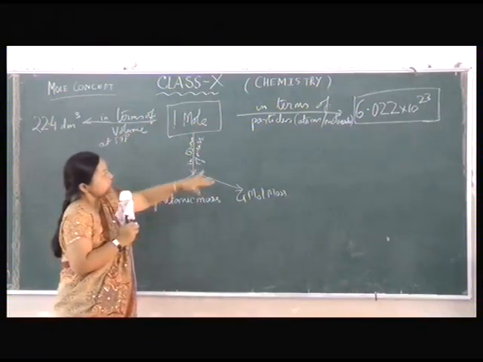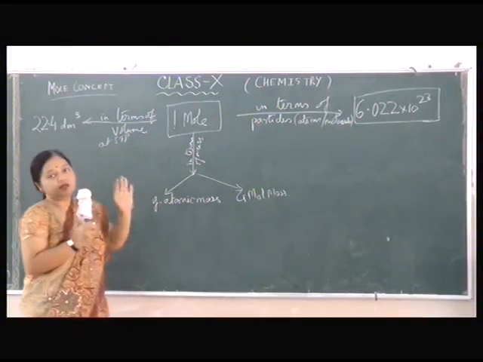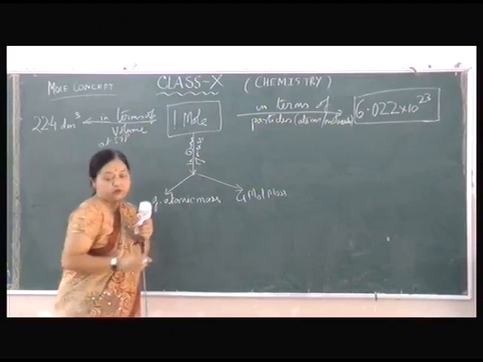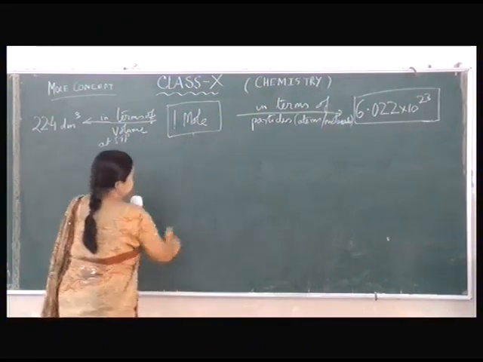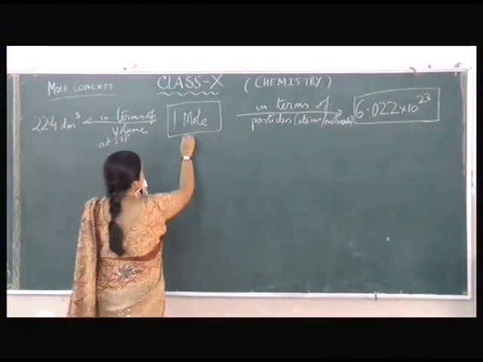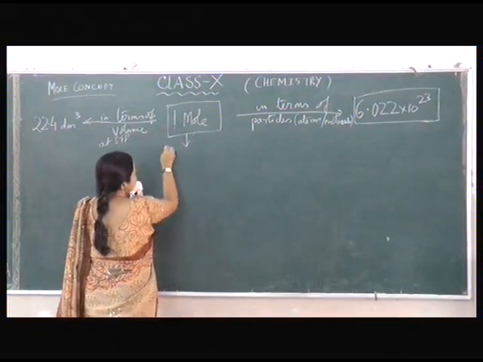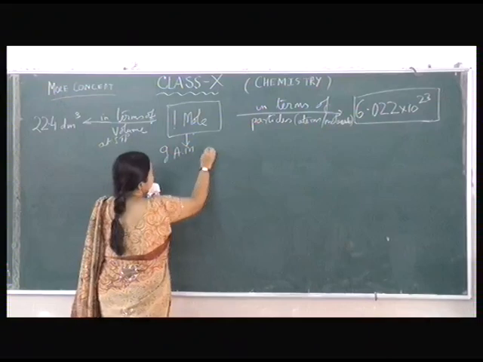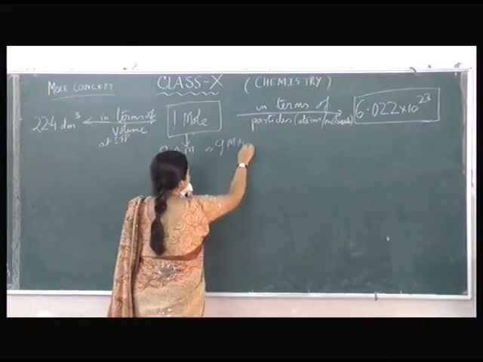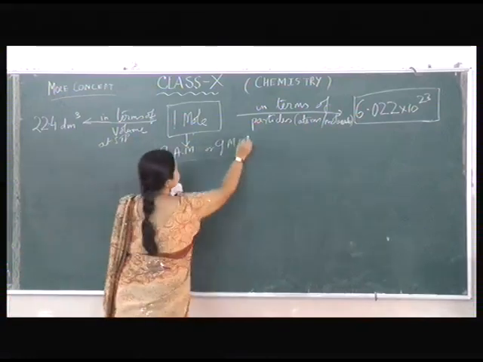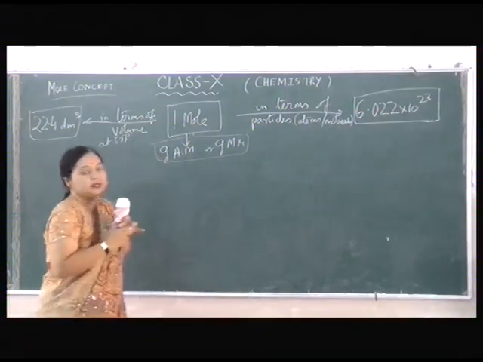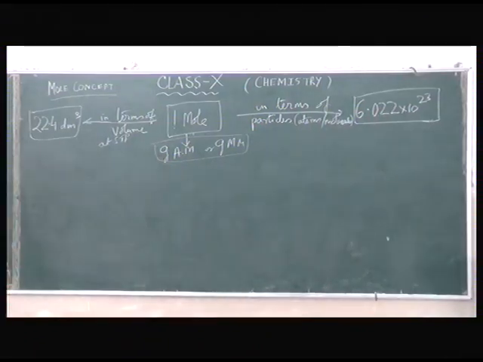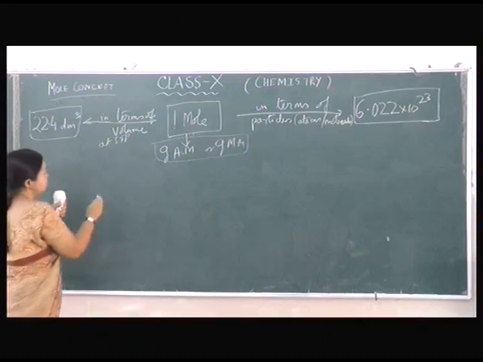Now, keeping this equation in mind, we can solve all the problems. Let us do the problems one by one, then you'll understand it better. I'm writing it a little closer so that I'll be able to solve the problems, with gram atomic mass or gram molecular mass. Now let us see the questions. The number of moles in 16 grams of oxygen.